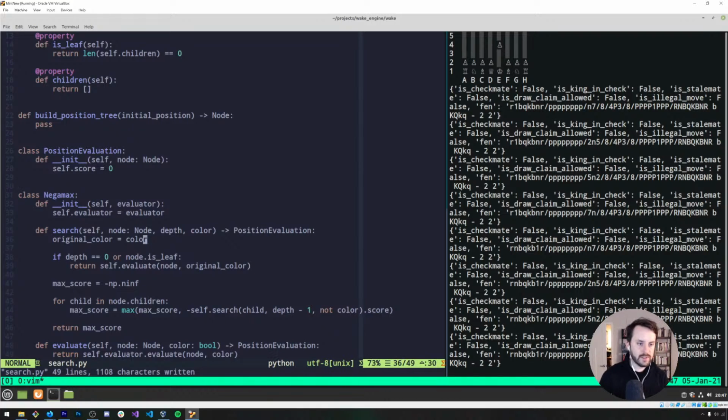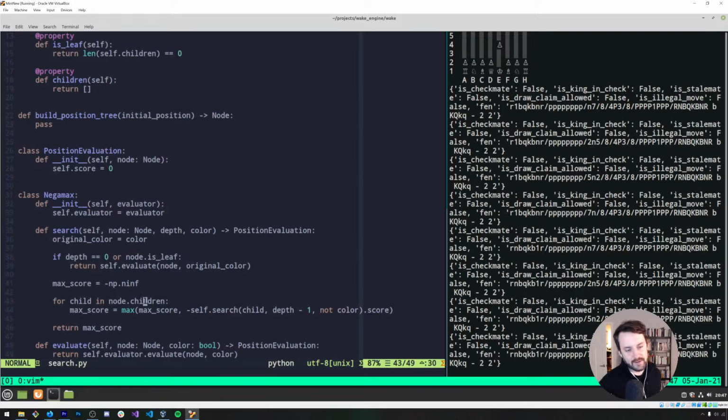All right, so we memoize the color, and then if depth is 0 or node is a leaf, we return self.evaluate. So this happens at the bottom of the search. I guess it's DFS. Max score is equal to negative infinity, for child in node children. So we're going to conceive of the positions as a graph.